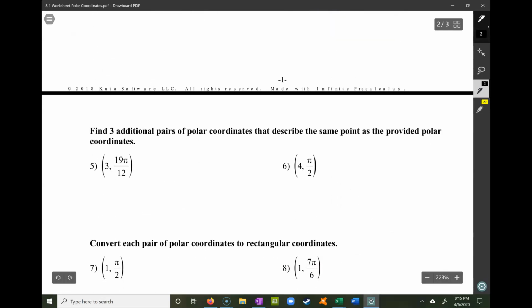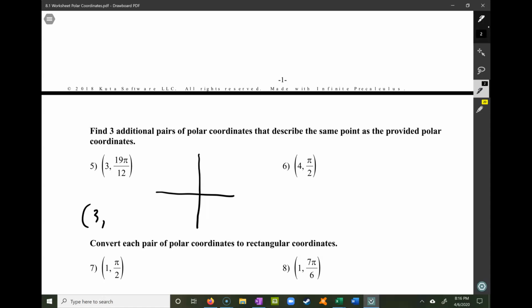Now let's do some converting. Find 3 additional pairs of polar coordinates that describe the same point as the provided polar coordinate. This is making sure you understand the polar coordinates. If you remember the way the unit circle goes from trigonometry, you can just keep spinning around the circle as much as you want. So, if I want to write another coordinate pair that lands me at the same place,